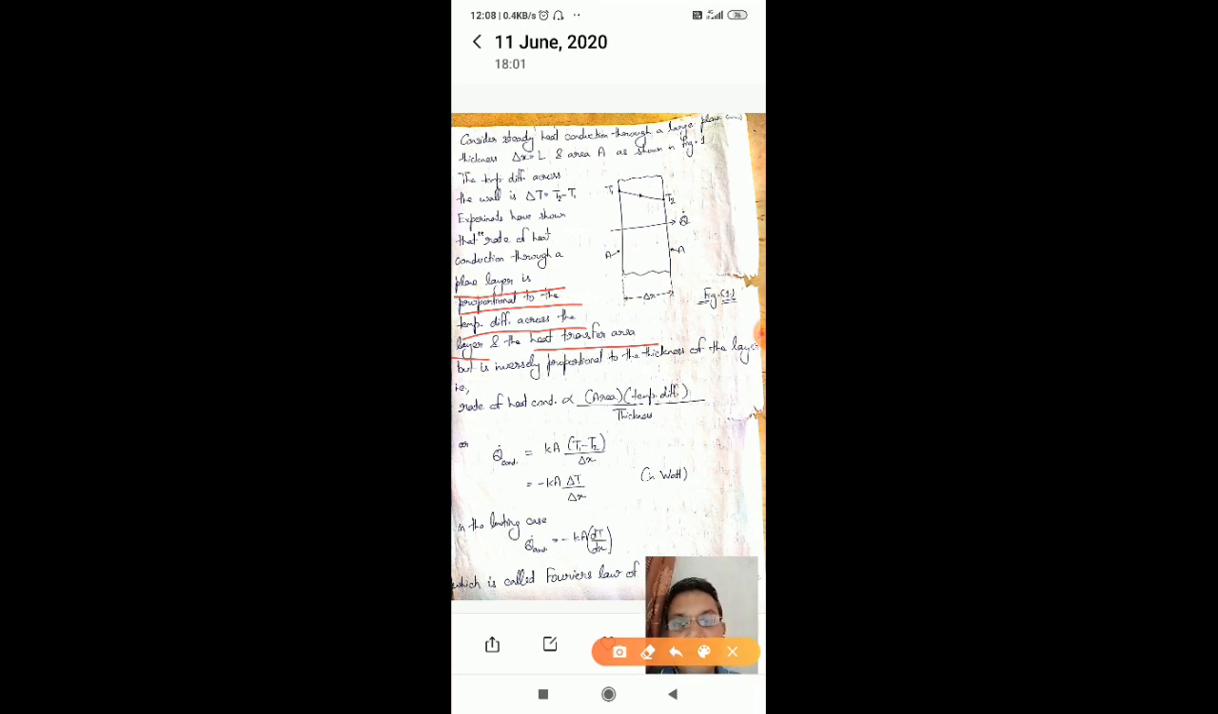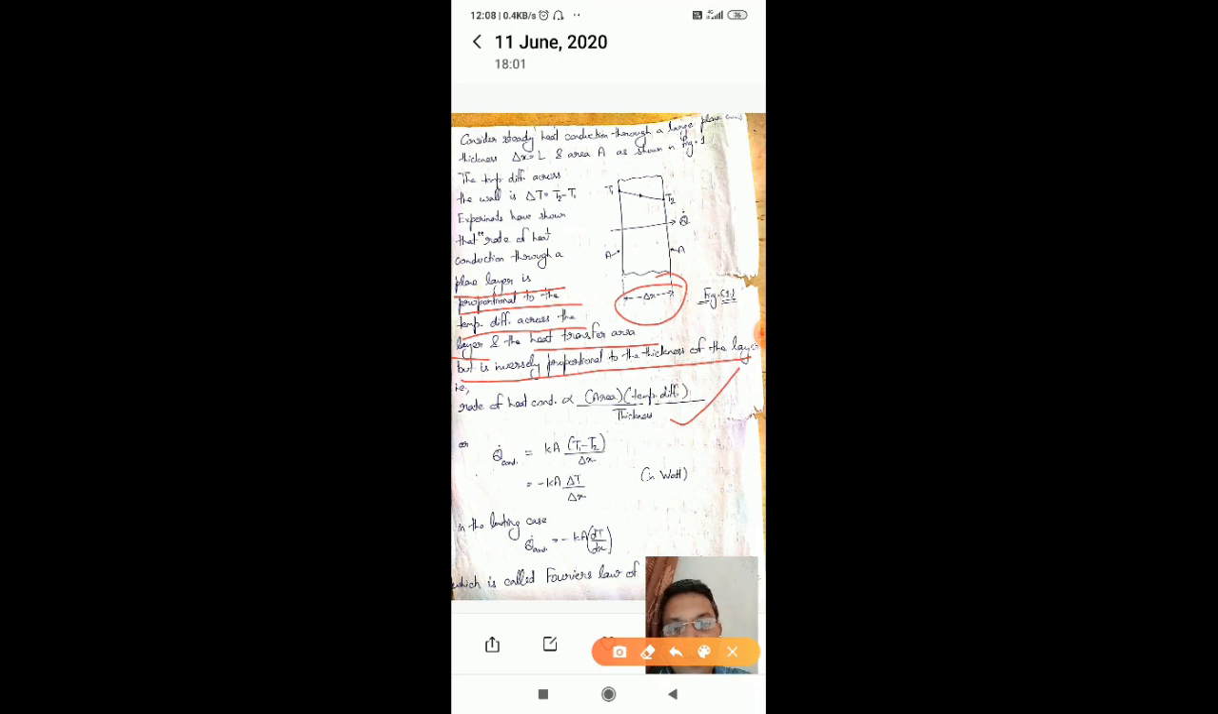So the thicker the area you have taken, the more the heat transfer will be affected, as I have just cited previously in picking up the hot water beaker with the help of your cloth. But heat transfer is inversely proportional to the thickness of the layer. Okay, that means delta x. So combining all these, the combined equation can be written as: rate of heat conduction is directly proportional to area, temperature difference and thickness,